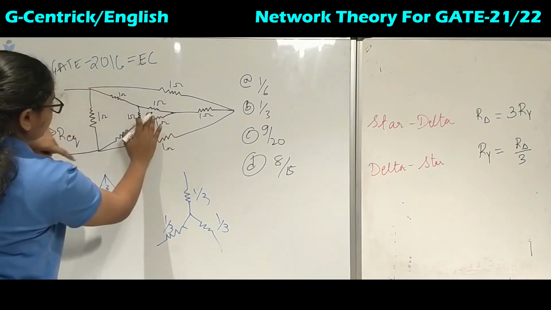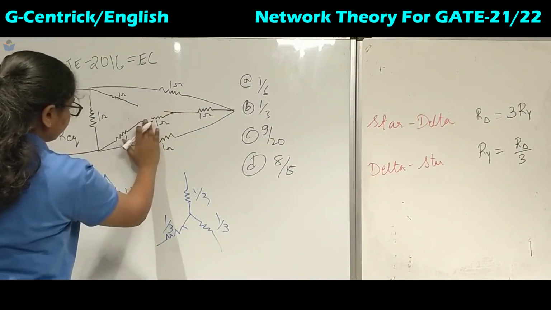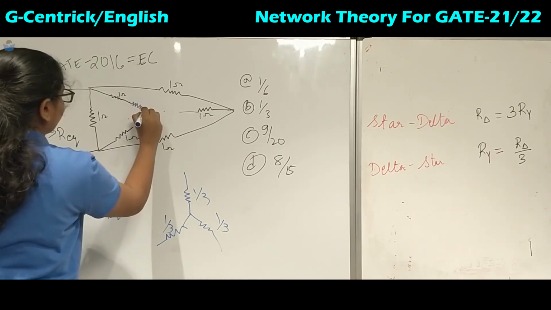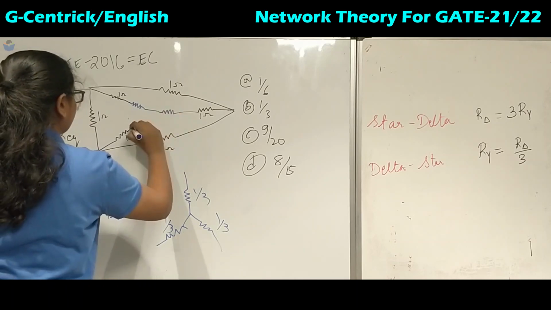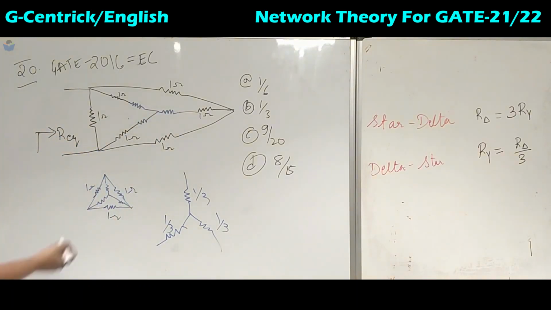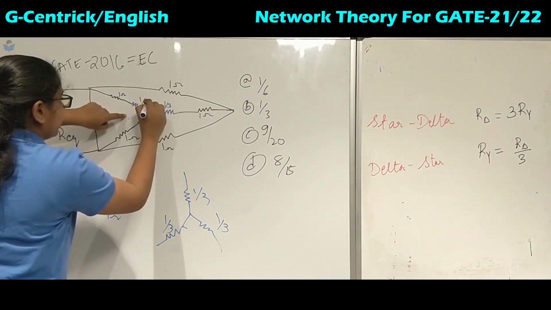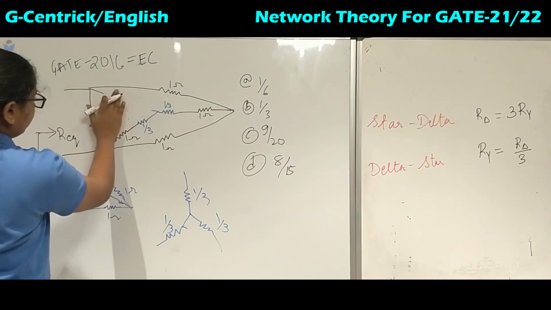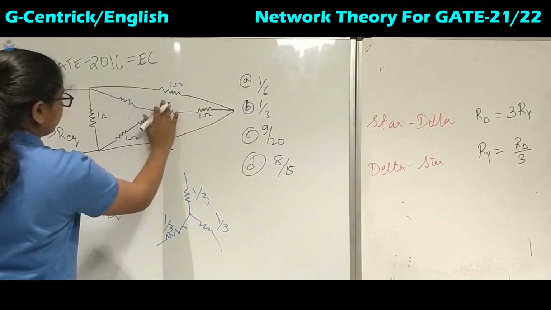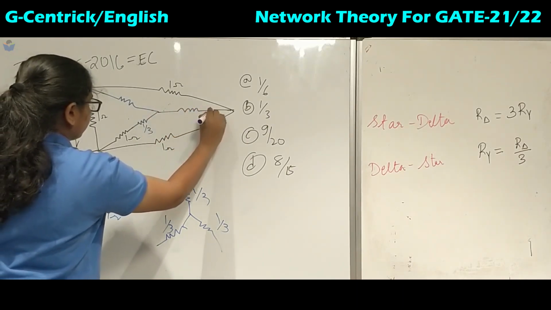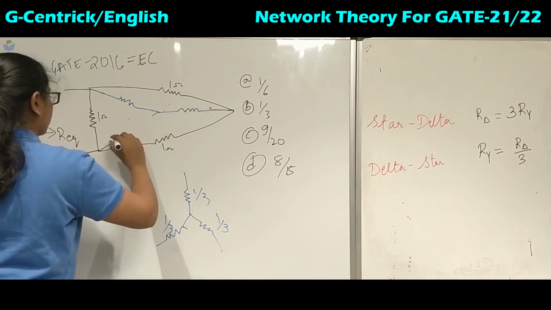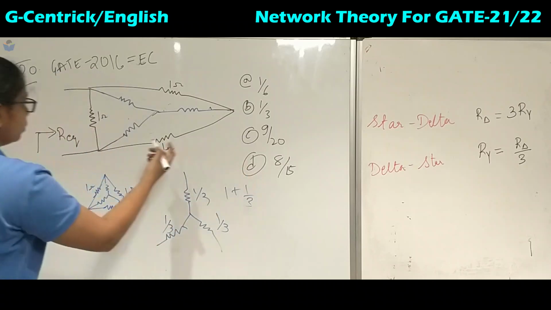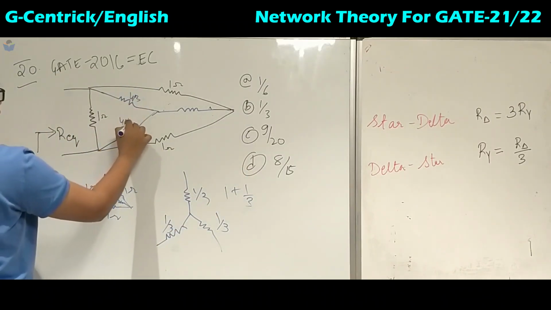So this is replaced. Okay, I will rub it here. So you will get in this way. Here and again here one more resistor, and here also one more resistor. So what is the value of this? 1 by 3, 1 by 3 and 1 by 3. Now these are in series, so again I can replace it with one resistor. So here also one resistor. So what was the value? 1 plus 1 by 3. So it is 4 upon 3, 4 by 3.